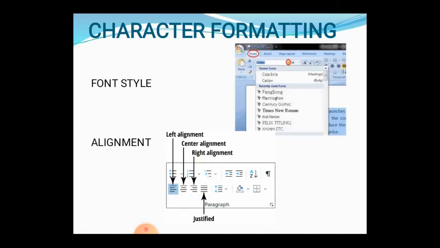Justified alignment makes a paragraph fit to the page, leaving the white spaces only at the bottom. This is called alignment.